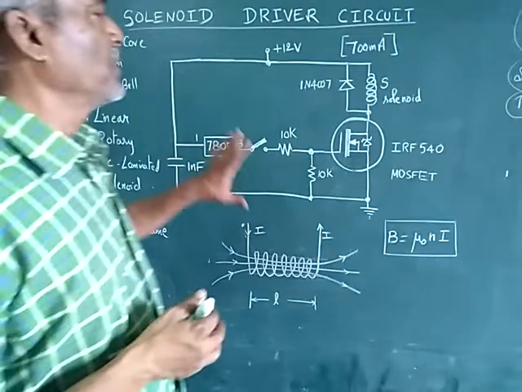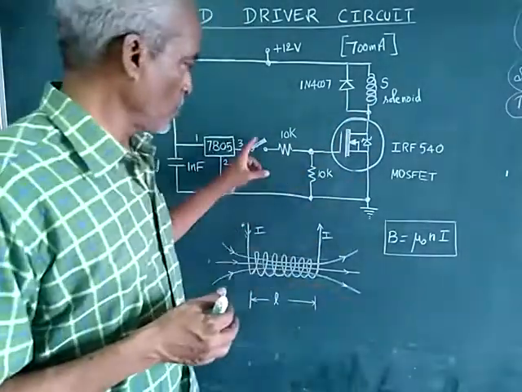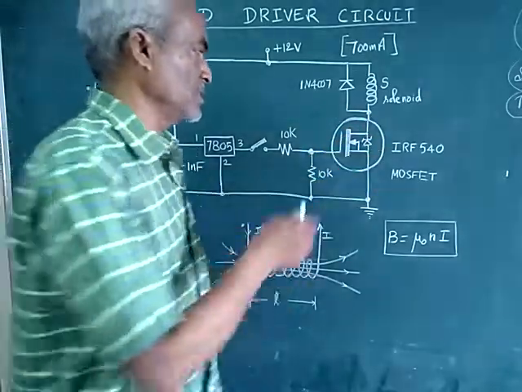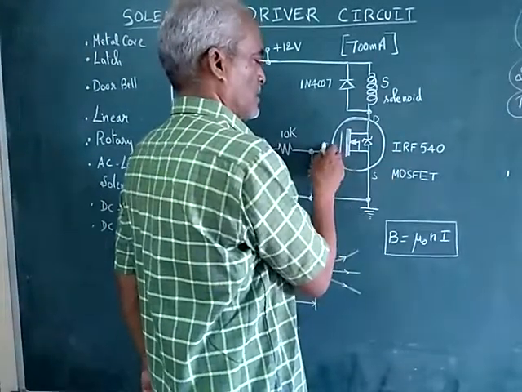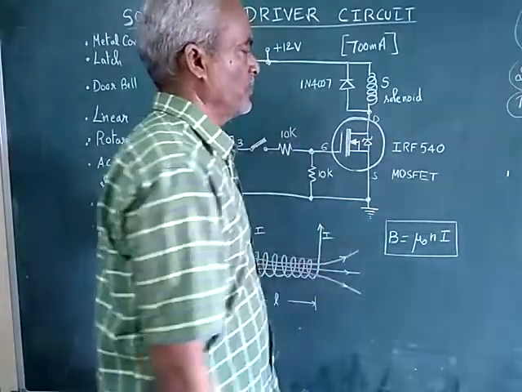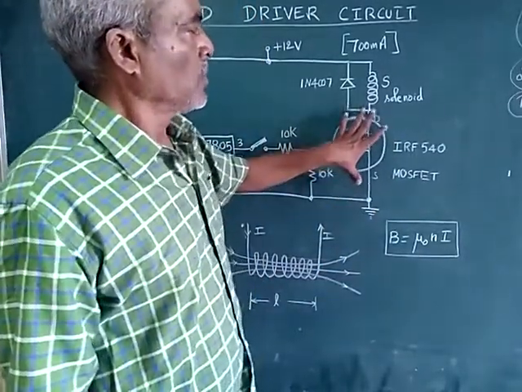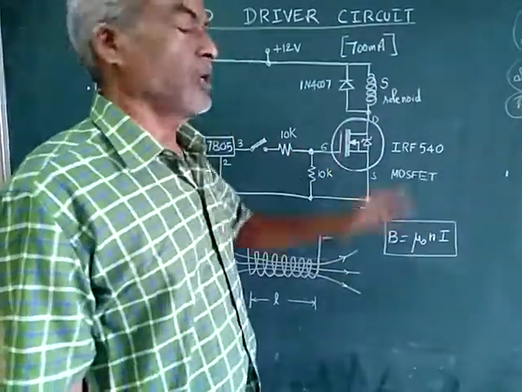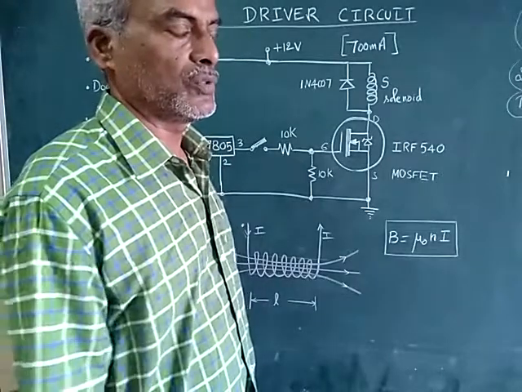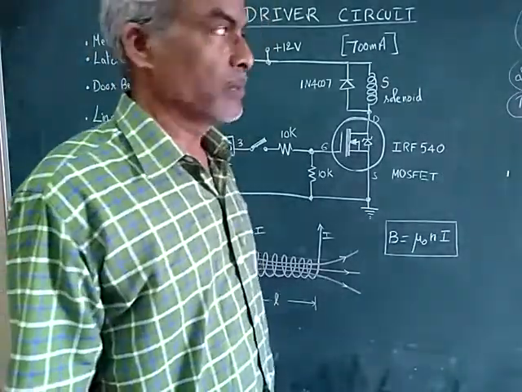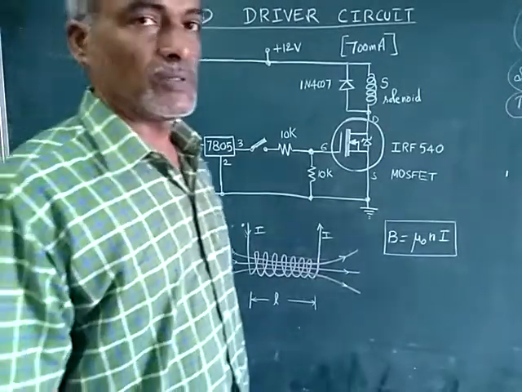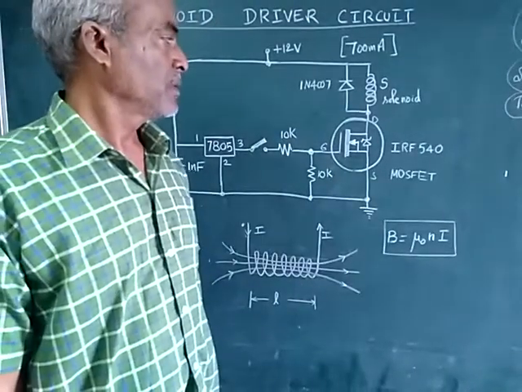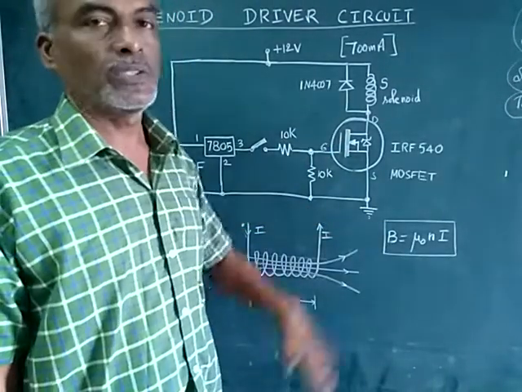So this is a driver circuit which drives the solenoid. So when you close the switch, this MOSFET goes into on. So this is drain, and this is gate. So this can be viewed as a short circuit. So the solenoid goes into conduction, it actuates. So when you open the circuit, the solenoid will not actuate and it goes to the previous position, original position. So that's all about this solenoid driving circuit. This is the practical way of driving a solenoid. Okay.